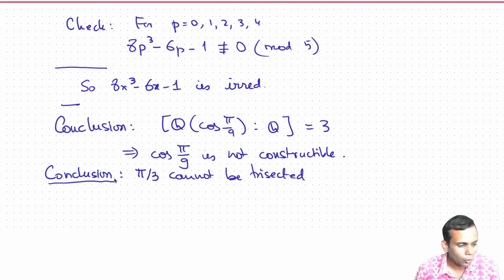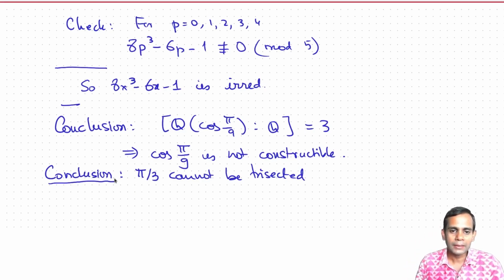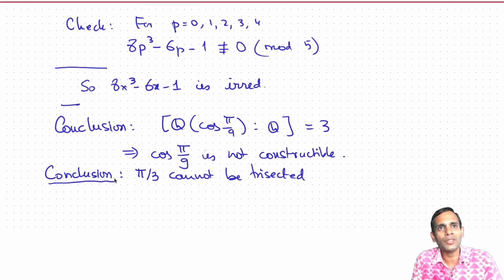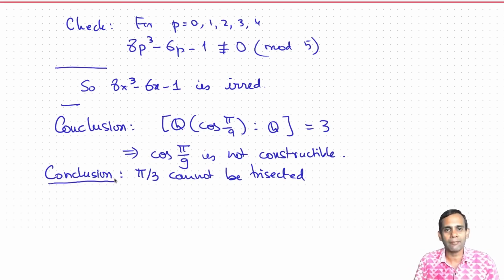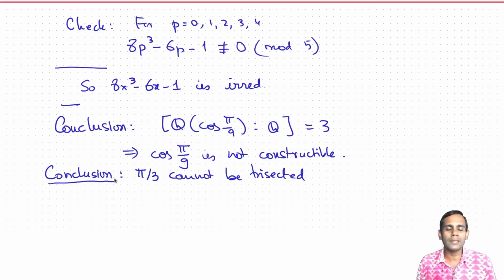So when we say an angle cannot be trisected, it means that you're given the angle and then you have to construct using straight edge and compass 1/3 of the angle. But if you're given pi by 3, it's not really that you're given anything, because the angle pi by 3 is already constructible. So no new points are given that you could not have otherwise constructed. So given an angle of pi by 3 doesn't really give you anything, and you cannot construct cos pi by 9, so you can never construct an angle of pi by 9 even if you're given an angle of size pi by 3. So pi by 3 cannot be trisected, and so in general there's no algorithm using straightedge and compass to trisect an angle.